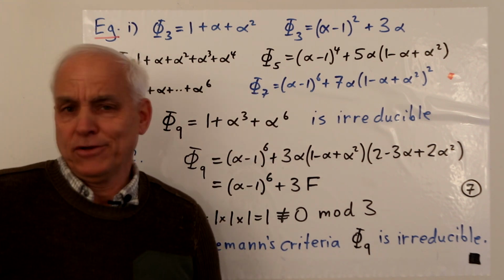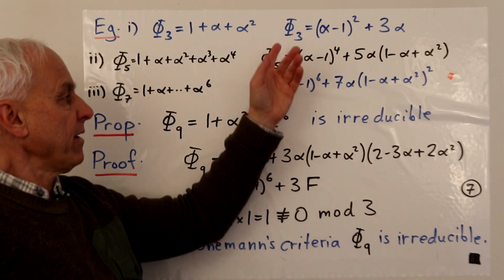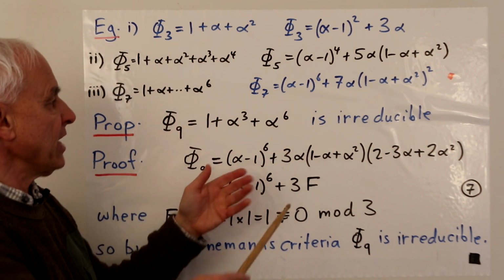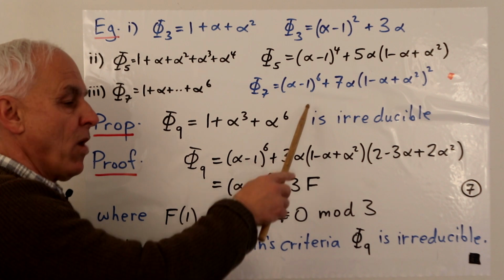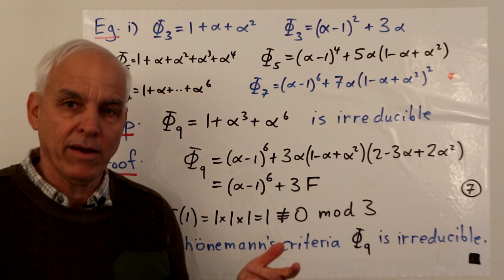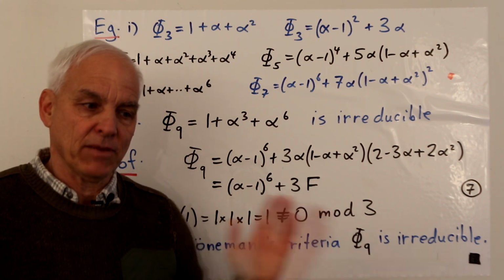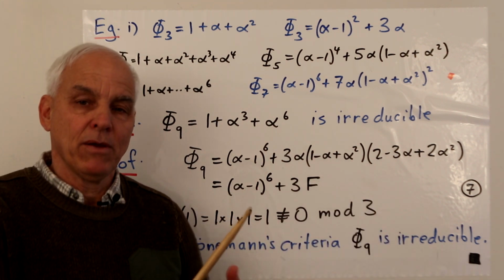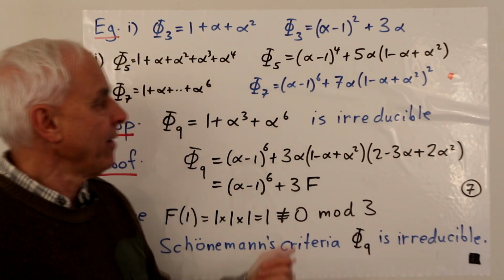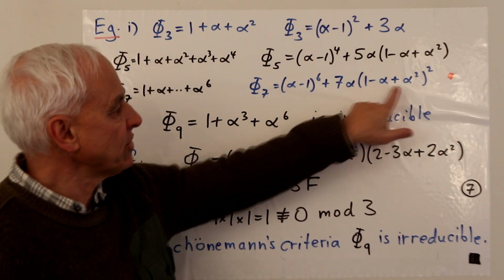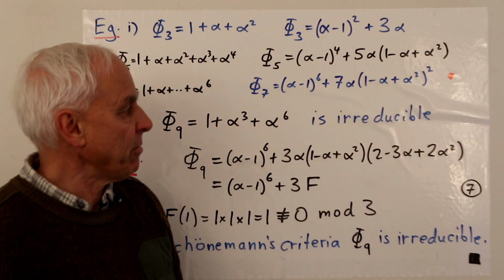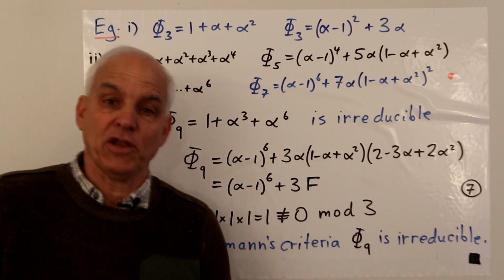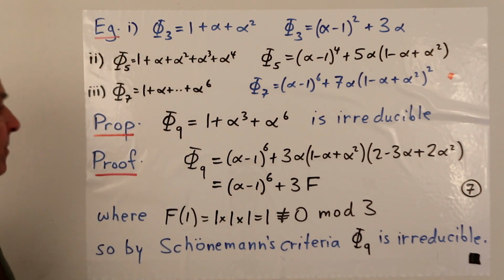So it already suggests an interesting little question, right? I mean, if you take a larger prime, then something like this should be happening. If you take phi sub p, you write it as (alpha minus 1) to the p minus 1. Then there'll be some extra factor that we've exploited. It'll be p times something else. And the question might be, what is that something else? What we're getting here seems to have a little bit of a cyclotomic aspect too. What happens for larger p? That's a kind of exploration that you might want to have some fun with.